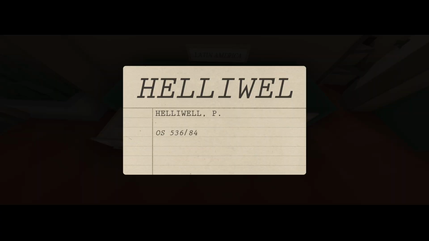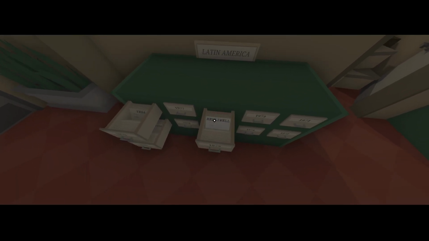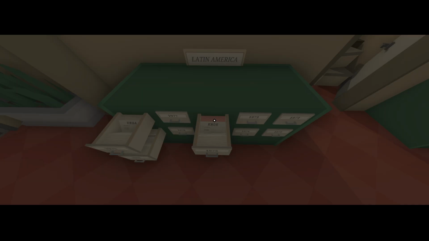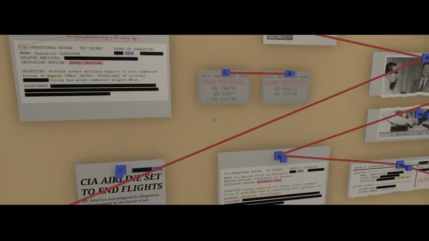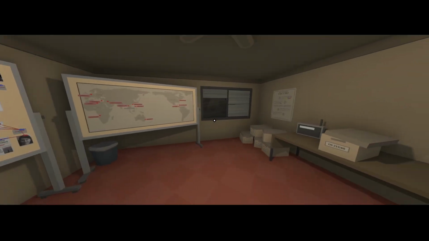Helliwell. 536.84. 536.84. Let's just make sure there's no one else in here too. Knox, Logan, Nichols. 684, and that wasn't on the to be removed.